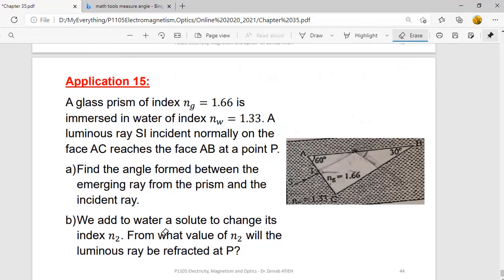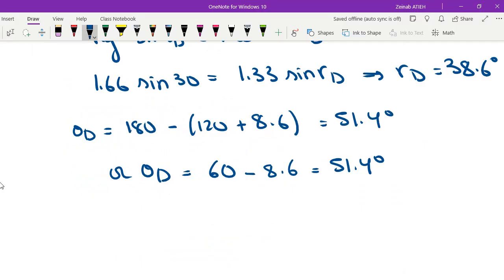Now B: we add to water a solute to change its index N2. From what value of N2 will the luminous ray be refracted at P? So there will be refraction at P. Now we have refraction, we had total internal reflection. I'm going to assume that I have refraction and try to solve. Okay, so part B, refraction at P if